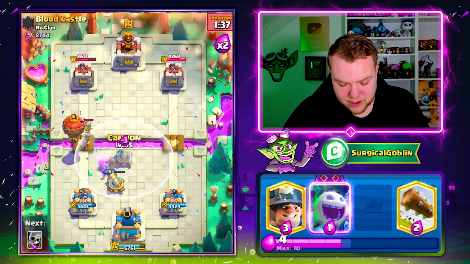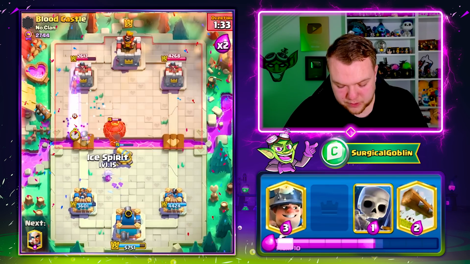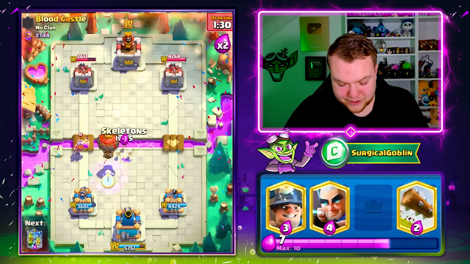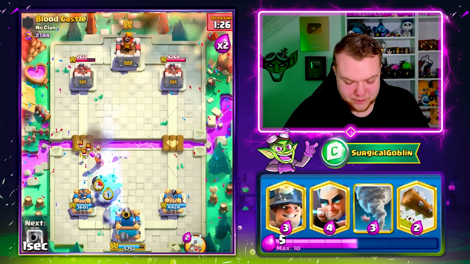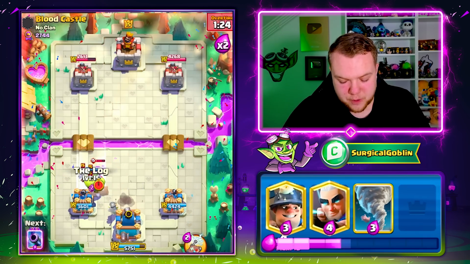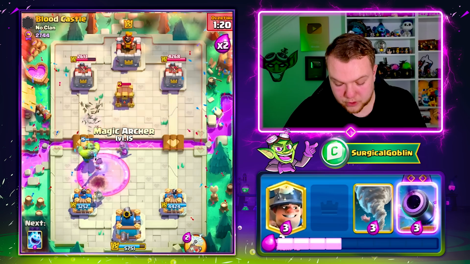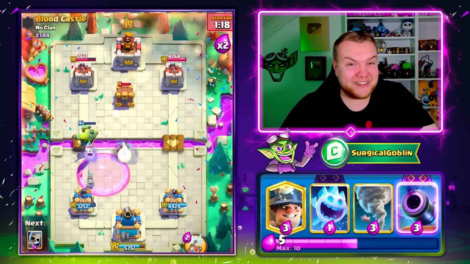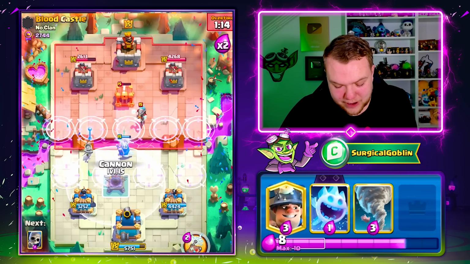So let's go with a Cannon here up high to distract the Balloon, to also take care of the Goblinstein. We have the Evo Ice Spirit, but I want to make sure that we actually hit the Balloon with the Evo Ice Spirit. I didn't really want to risk it and, for example, have him pre-arrow it or something like that. So actually make sure that we hit the Balloon. I'm sorry. It's kind of hard to play, explain, focus, and everything at once,